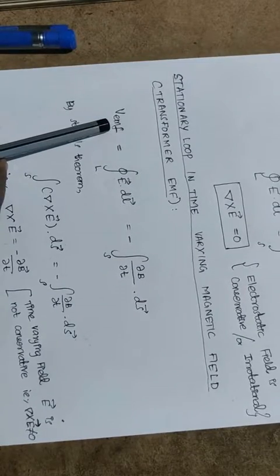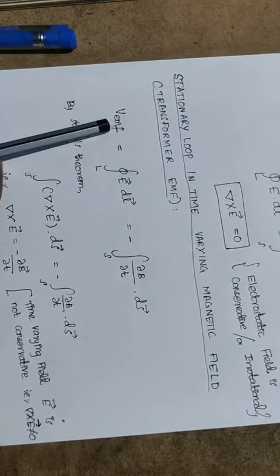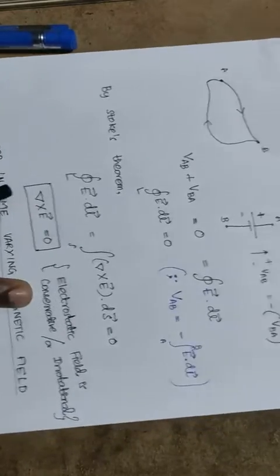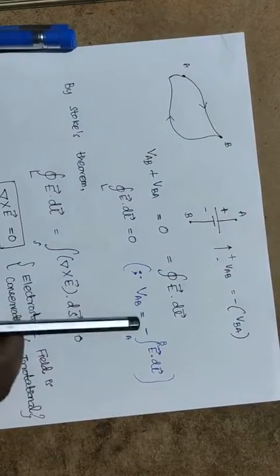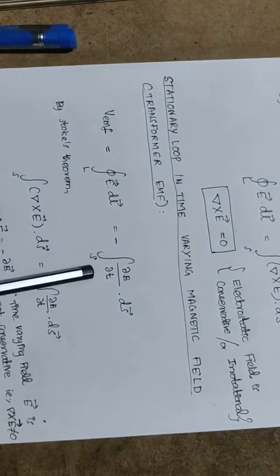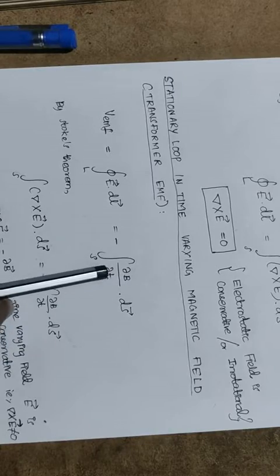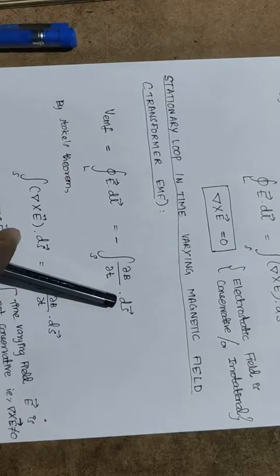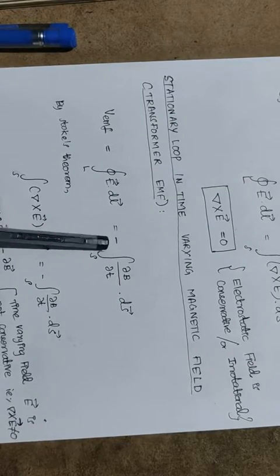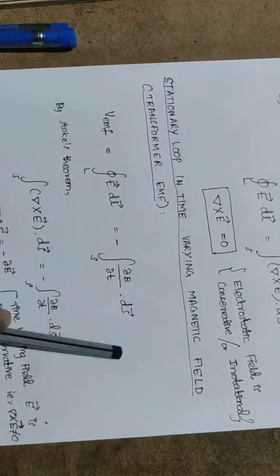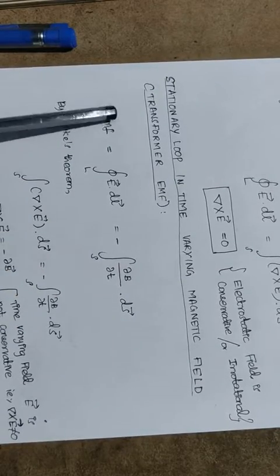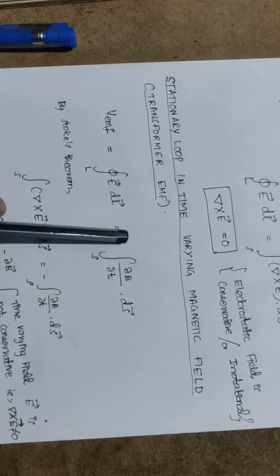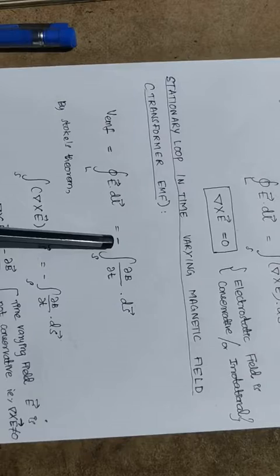We write that in equation form as VEMF, which can be written as the closed line integral of E dot dl, that we saw here, and that will be equal to minus dou B by dou t dot ds vector, that is, the rate of change of magnetic flux. Induced EMF is equal to the rate of change of magnetic flux. Here this minus comes from Lenz's law. So this equation combines both Faraday's law and Lenz's law. Induced EMF proportional to the rate of change of flux linkages is Faraday's law. That it is negative is Lenz's law.